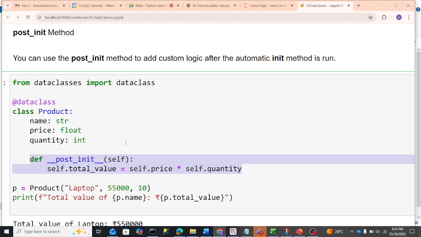Because unless you execute the initialized method or init method, you don't know what the value for price and quantity is. First of all, I need to know the values of price and quantity, then only I can calculate the total value. So to know that, first of all, I need to create an object with some values